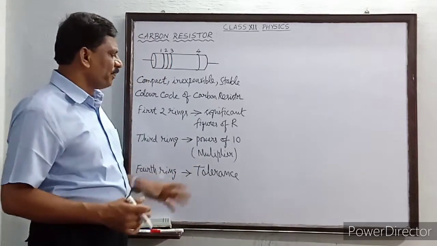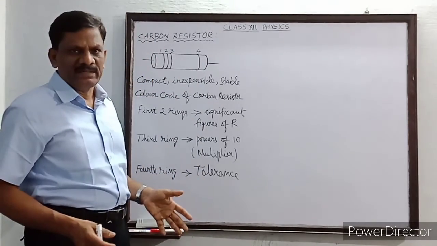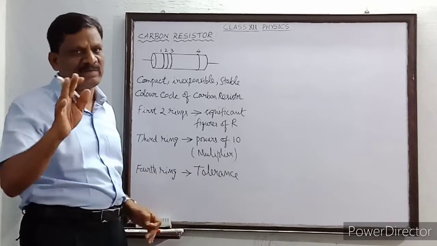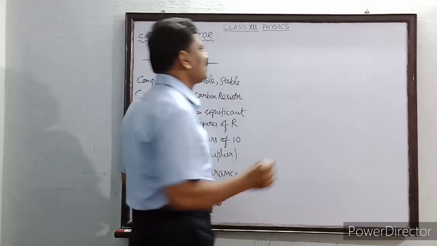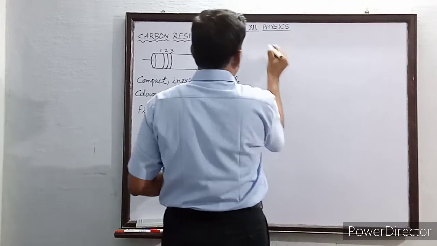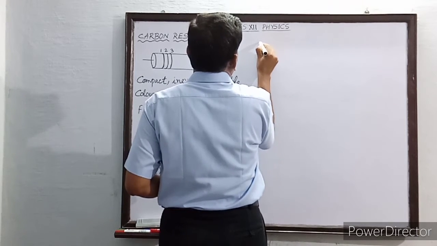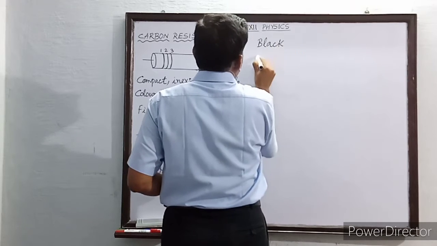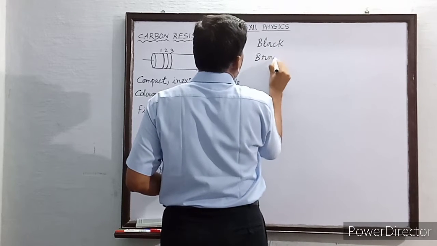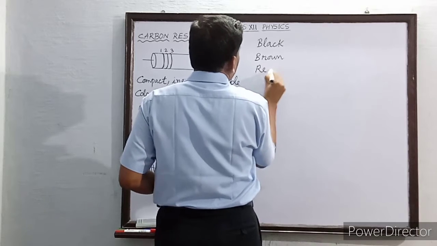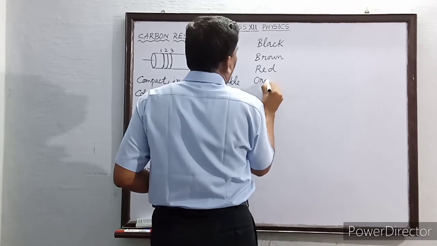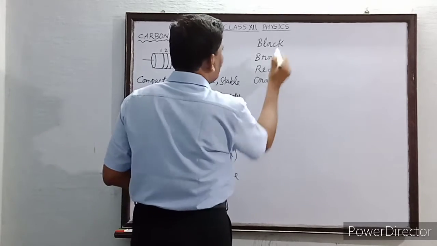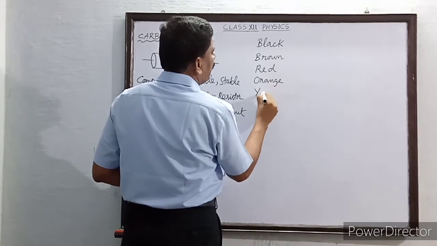Now there is a tabular column: for each color, what number is assigned. You must remember each color, and I will tell you some shortcuts also. So what are the colors I am going to write now. First we start with the black color, then the second one is brown, then red. In the same order only you have to remember: black, brown, red,